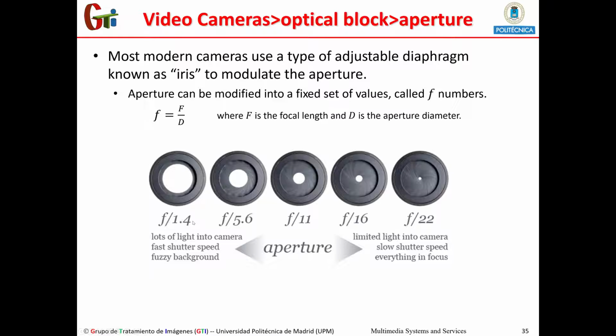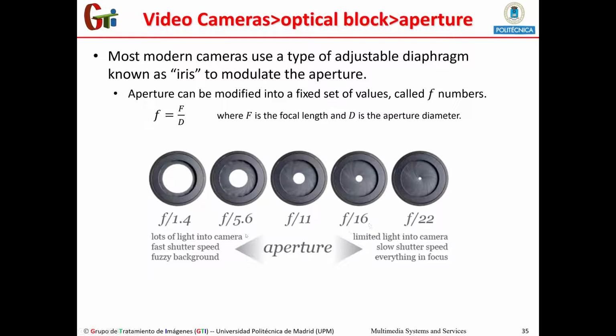And you can see that lower numbers imply wider aperture and vice versa. Higher f numbers imply narrower apertures. The real meaning of this,